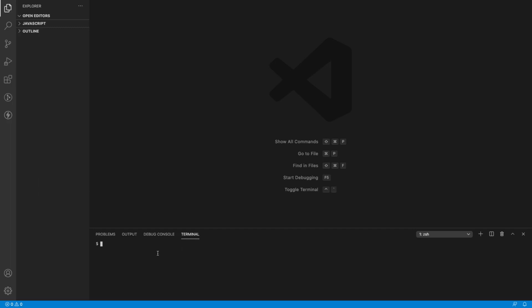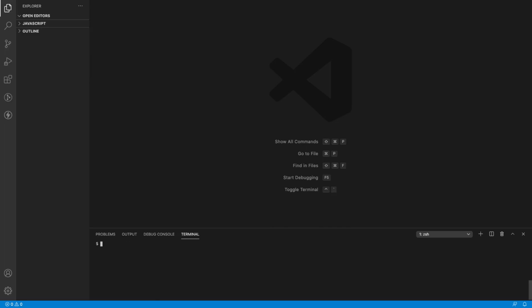If you want to use the terminal, you can use the shortcut Control and Tilde in Mac, and once you click that, the terminal will be opened. To verify whether Node has been installed or not, we can use the command node --version. So it has been installed. We can check npm --version. When you install Node, npm will automatically be installed, so no need to install npm separately. Once you install Node, your npm will also be installed. So you can check the version. And now I have installed my Node.js.